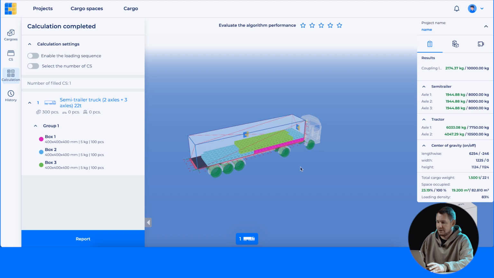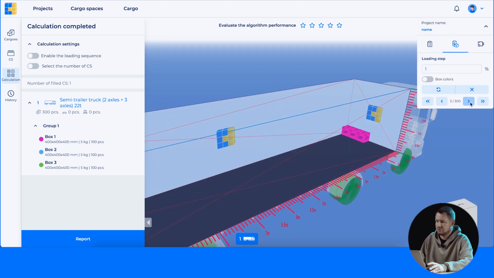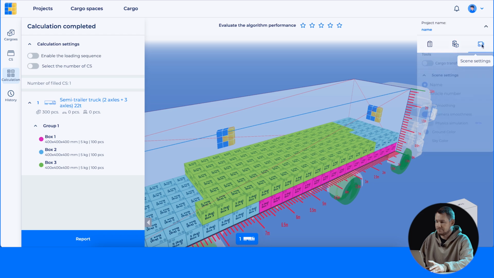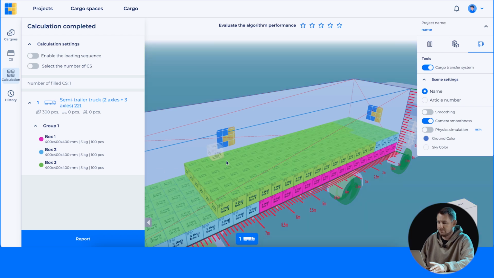Also here in this panel, we can look at the loading by steps, meaning we can literally switch between the loading steps to see the order in which to load the vehicle. And also, if suddenly we need to edit this scene, we have some preferences for loading the vehicle. In the settings, you can enable the cargo transfer system and already move the cargo around, placing it in the